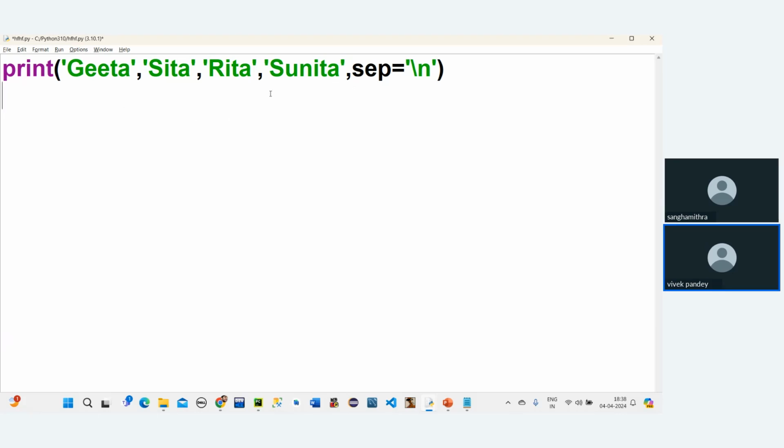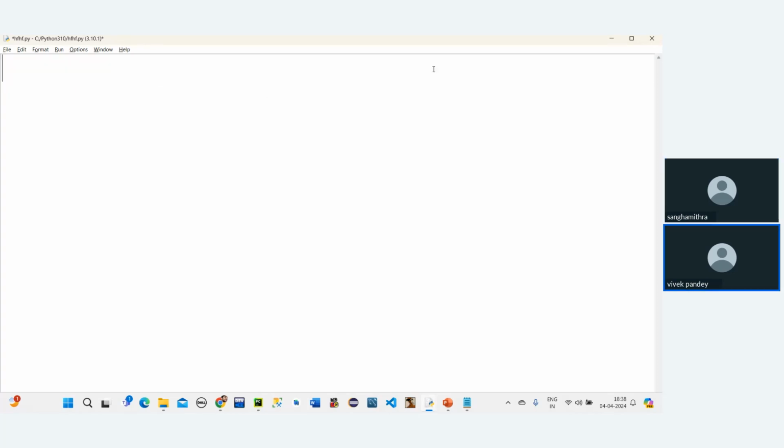Okay. So what I was talking about, separate line में आ गया ना. Separate line में आ गया. Fine. Now one more thing is, like for example